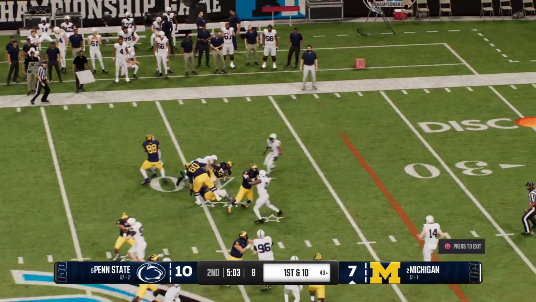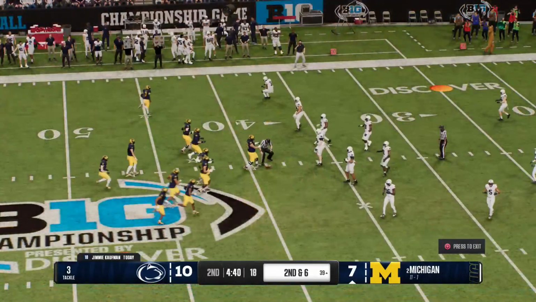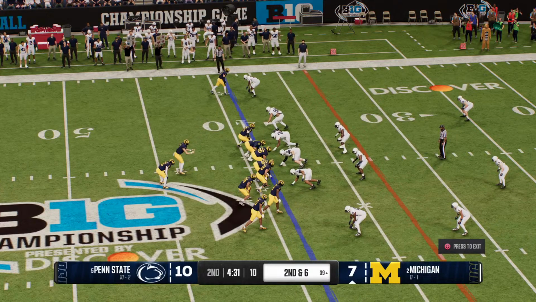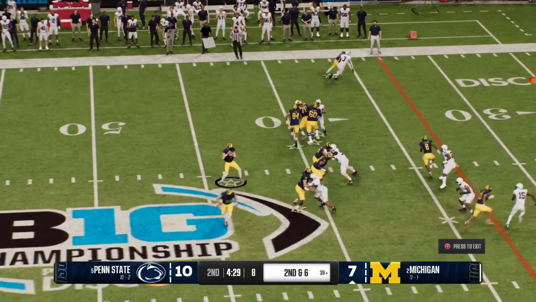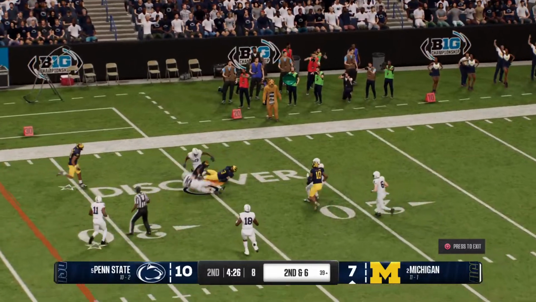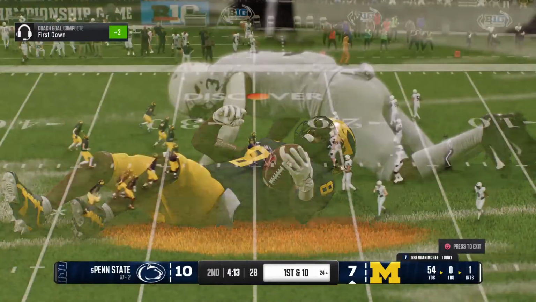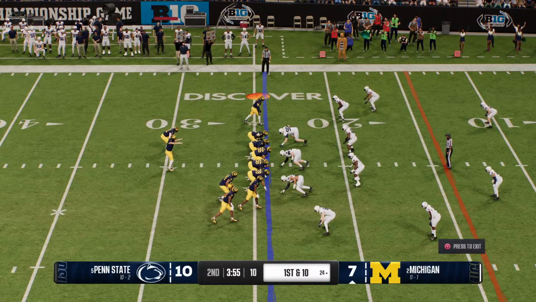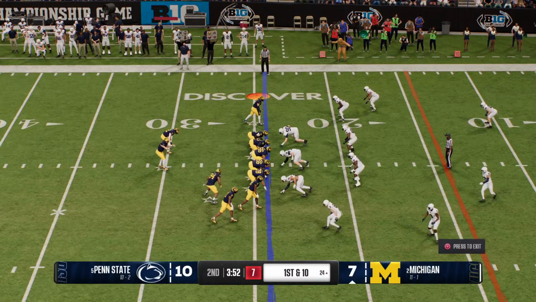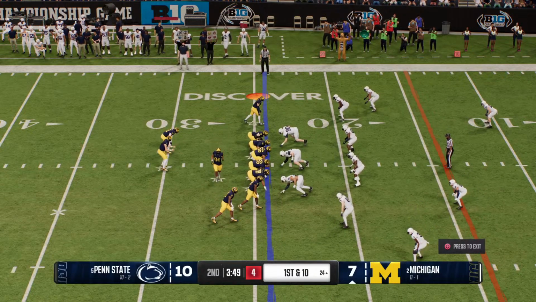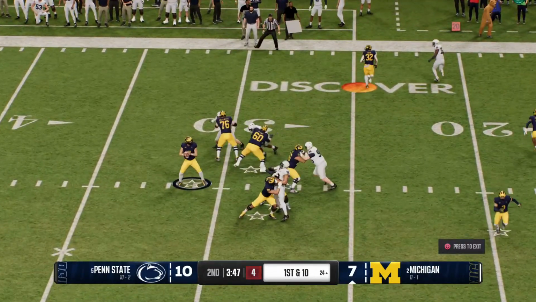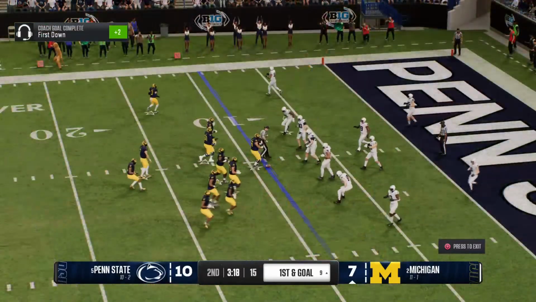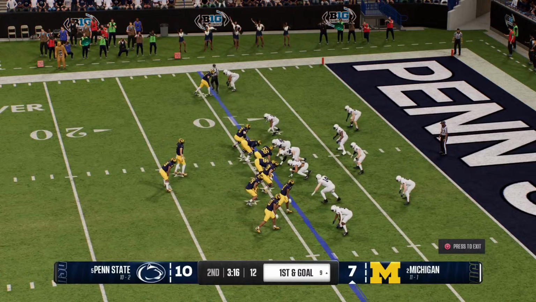Ball handed off. They pick up 4, so second down and 6 coming up. Offense looking to throw the ball. Snags the quick throw. Tackle made at the 24-yard line. This offense really threatening now. Offense moving to a bunch formation. First down, looking to throw the ball. Lets it fly to the wideout. He makes the grab. He's tackled, but down at the 9-yard line. Defense getting pushed around.